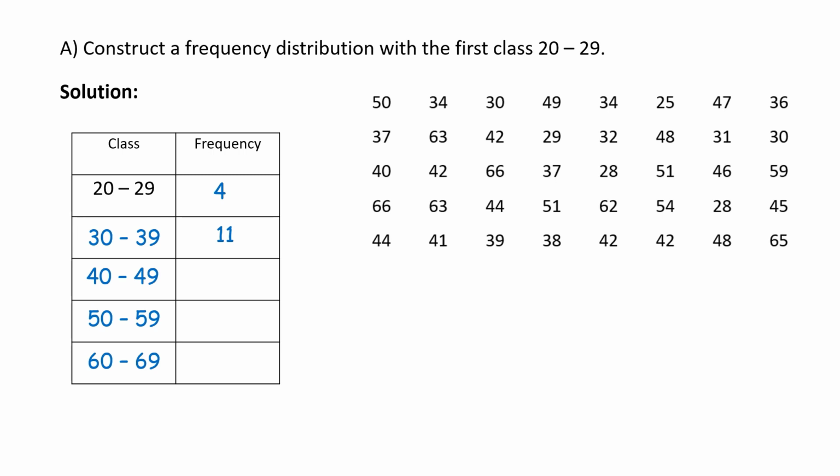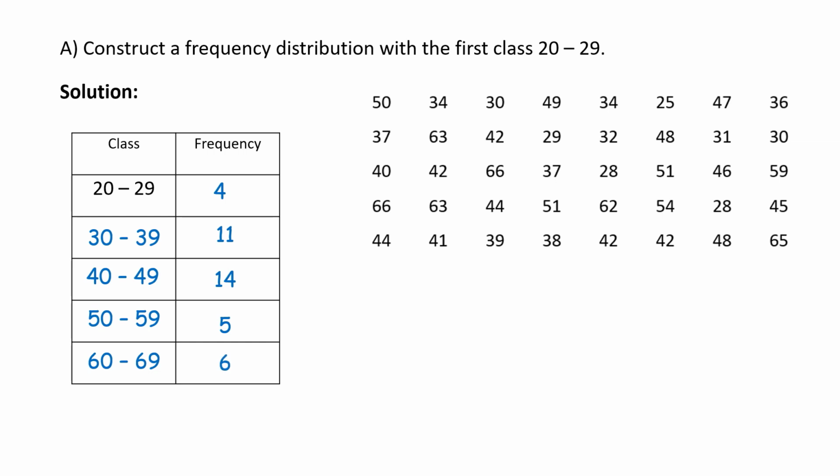Do the same for the ages from 40 to 49. Count them. Make tally marks if necessary. When you do, you'll find that there are 14 professors in the age group from 40 to 49. Count how many professors are there between the ages of 50 and 59, and we count 5. And finally, from 60 to 69, that is how many professors are in their 60s, turns out to be, I'll give you a moment to count them yourself,